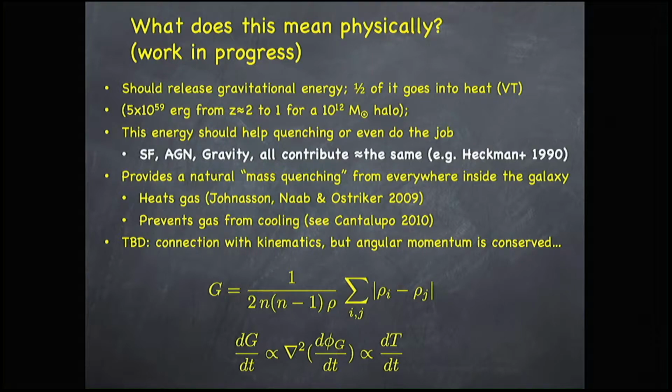The energies are very large. Calculations done by people, we're talking of 10 to the 60 ergs for you to enjoy from in a halo of 10 to the 12 solar masses from redshift 2 to 1. There's plenty of energy there to do the quenching, to do the transformation, and so forth. But this is work in progress, this is the future. Let me stop here. And I hope I gave you a hint, a taste of the fact that maybe there